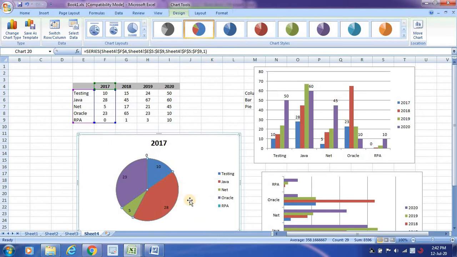You can see the percentages displayed once you move your cursor over there. See, 42%. Like this you can do it for every year if you want. If you want to add the chart name or title, whatever title you want, you can do it.